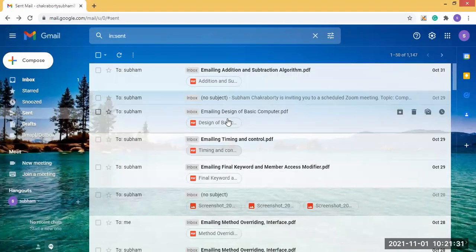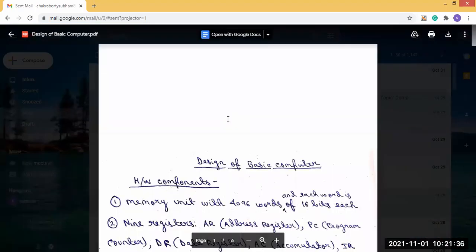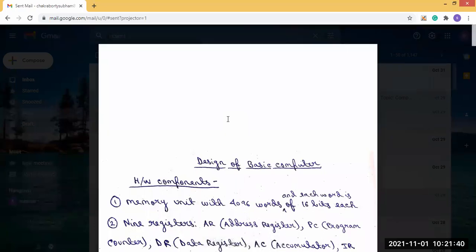So this is the timing and control logic. Now, after all of these things we have seen, we have already seen how a control unit of a computer is designed. For designing it, a number of decoders should be present, and there is one sequence counter present, and the instruction register is necessary for doing this. So already we have seen this.